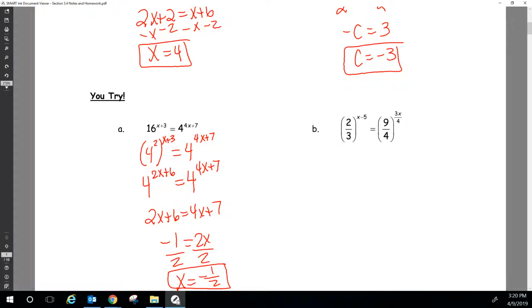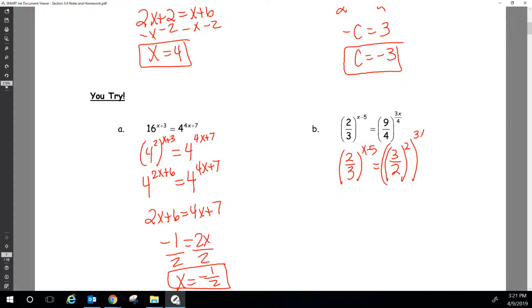All right, for B, B is a little tricky. I call it my pre-AP problem, right? How do I get 2/3 to be 9/4? Well, I see this correlation here. I know 2 squared would be 4 and 3 squared would be 9. So I guess I could say this is the same thing as 3/2 squared